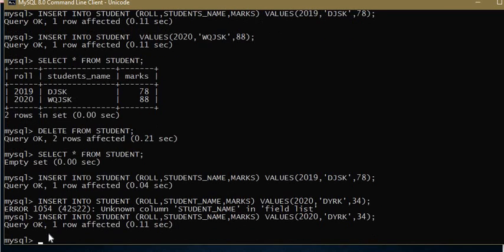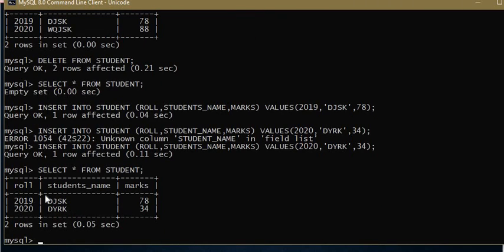Student's name. So what are the rows that are present? The two rows are there. If you want to delete this row, 2019, name of student is SK and mark 78, so just write delete